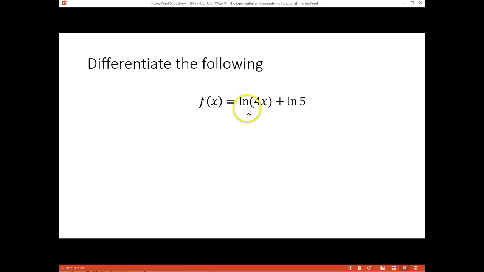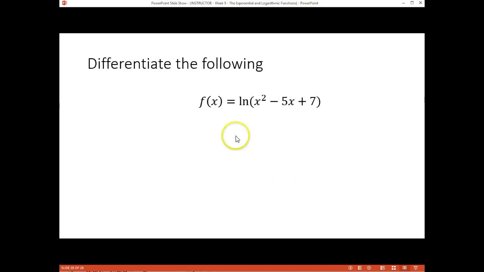I have f of x equals ln of 4x plus ln of 5. A couple things to begin with. Don't get tripped up when I see something like ln of 5. When I take the derivative, ln of 5 is still a constant. Notice there's no variable here, so its derivative is still going to be 0. For the derivative of natural log of 4x, this is my u. I'm going to bring it down to the denominator. This is going to be 1 over 4x times the derivative of 4x, which is just 4. Again, the derivative of natural log of 5 is 0. So when I simplify, 4 times 1 over 4x is just 1 over x, and that is my derivative of the natural log of 4x plus the natural log of 5.